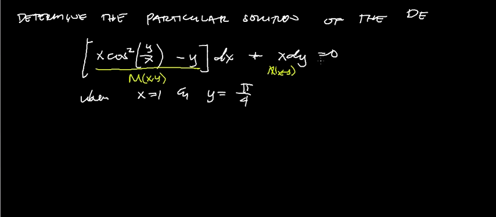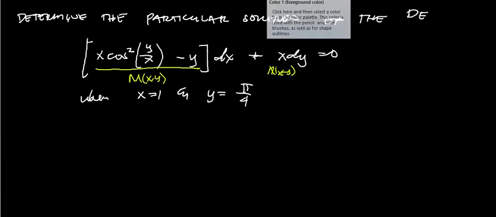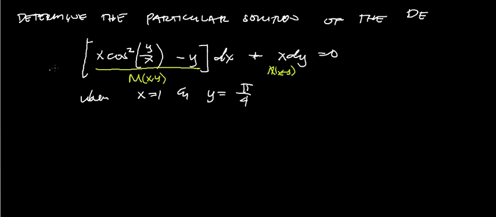We cannot use separation of variables to solve this kind of problem because we cannot simply separate the x and y variables. So let us check if this equation has